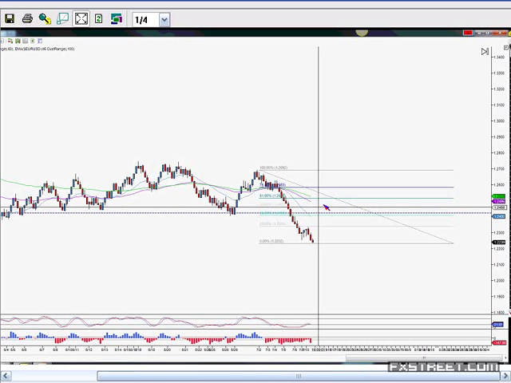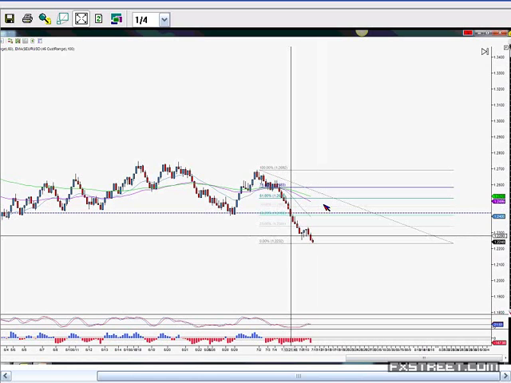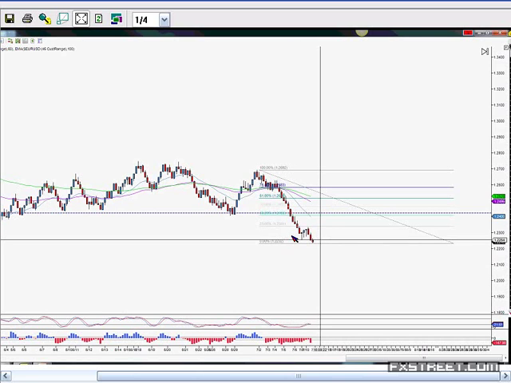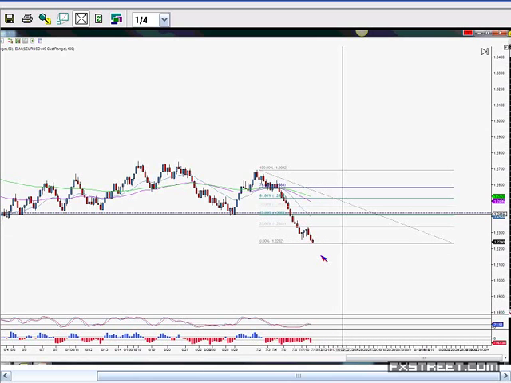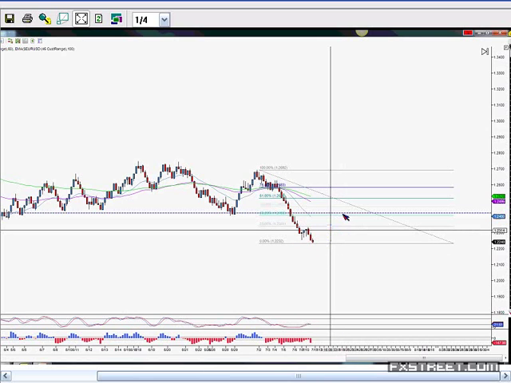So as you can see, at the moment there isn't really a trade on the euro dollar. All we're doing is waiting for the market to show its hand. Right now, we've got momentum to the downside. If we try to get into the trade now, we're going to be late to the party. Ideally we want the market to get through this 1.2280 level. It's past it now, but if we could get maybe down to around 1.2150 and let the market prove to us that it's over that level and not bouncing off it, and then give us a pullback to this level here, we'd be very, very happy to take that trade.